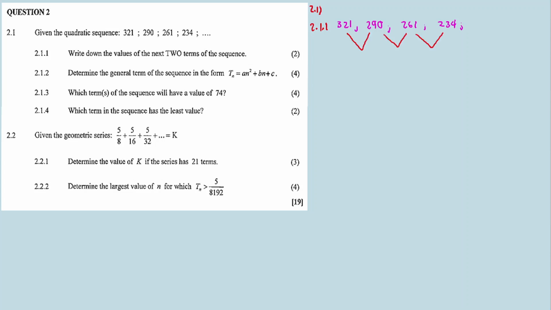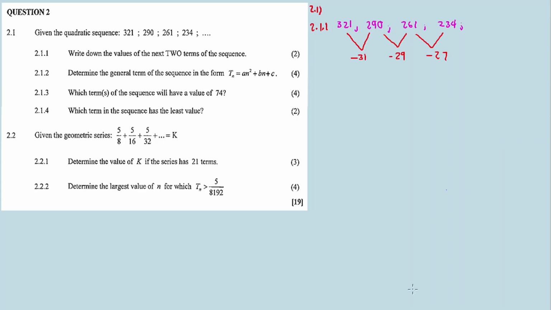So for the first difference, okay, 290 minus 321, it's minus 31. 261 minus 290, that's minus 29. And then 234 minus 261, that's minus 27. Now this is the first difference. The second